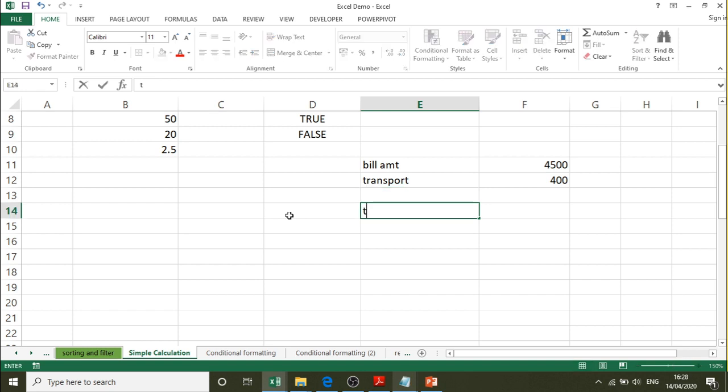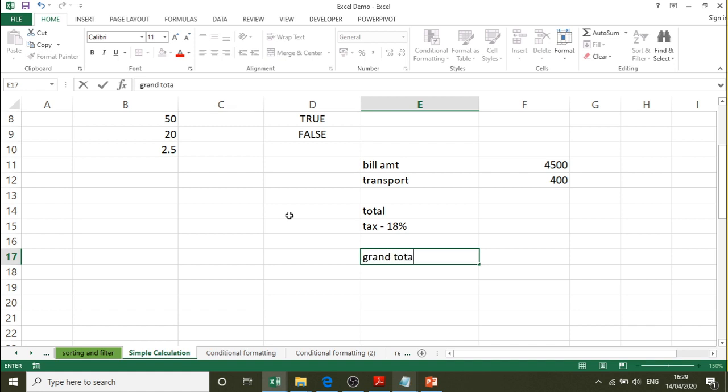We want to find the total of this. And say for example, we may add some tax for this, which may be 18%. So we want to find another grand total.